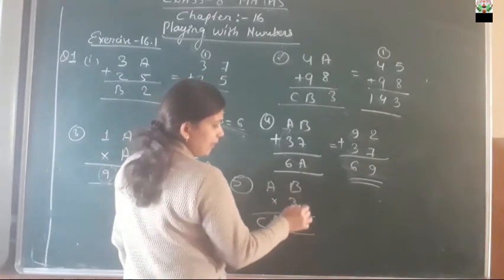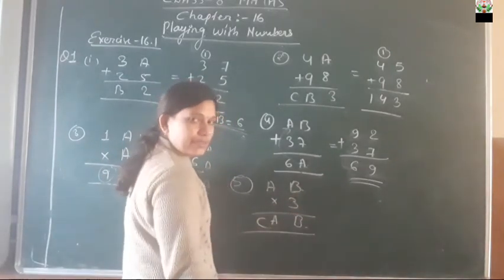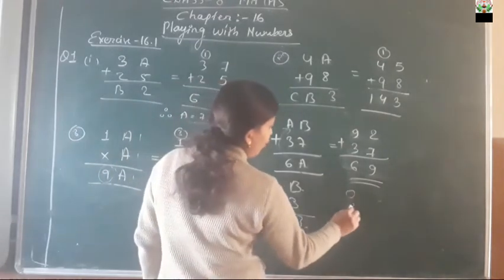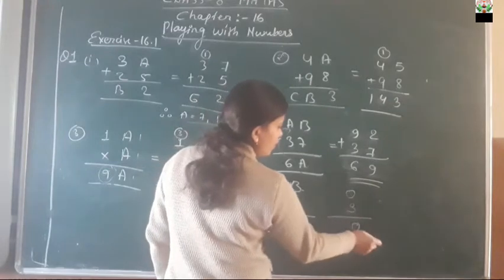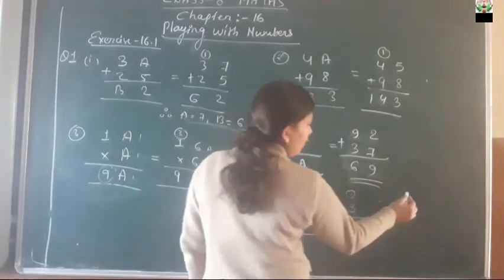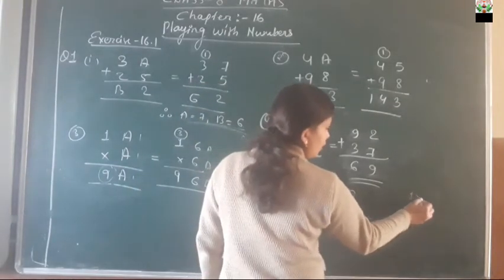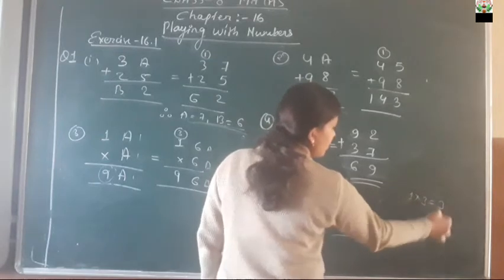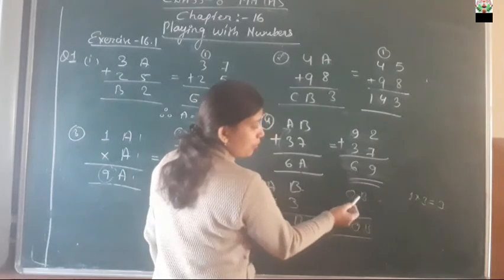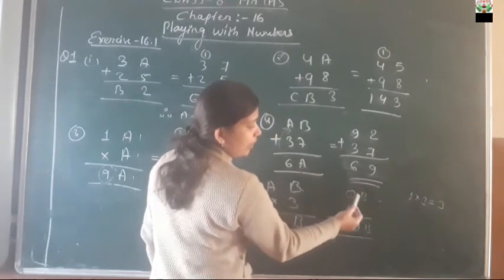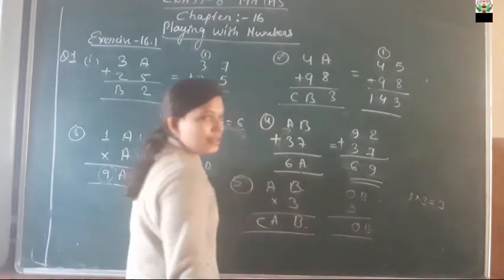B is present in the question itself, in the answer itself. So the value of B we will take as 0, because 3 will be multiplied with 0, 0 is coming. If we multiply any number with 3, suppose 1 into 3, the answer is 3 itself coming. 1 is not coming, because here should be B, here should be B. So whatever the number you are going to take over here, that number should become in the answer, isn't it?